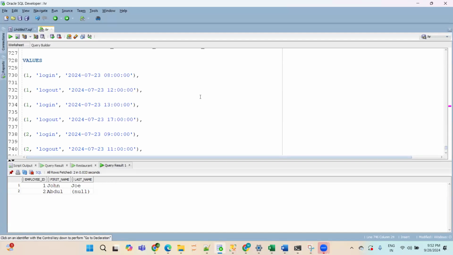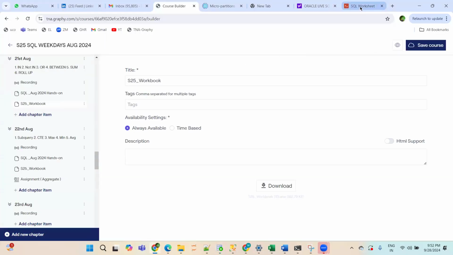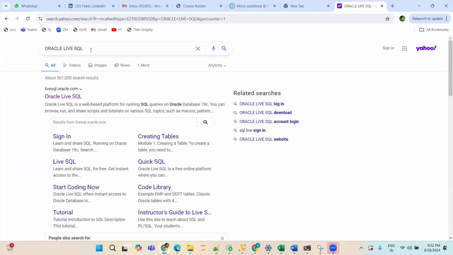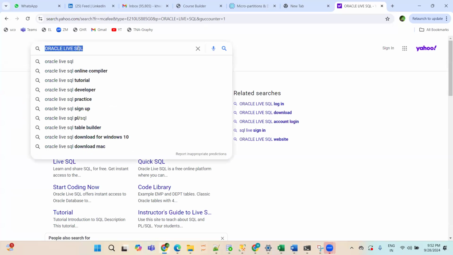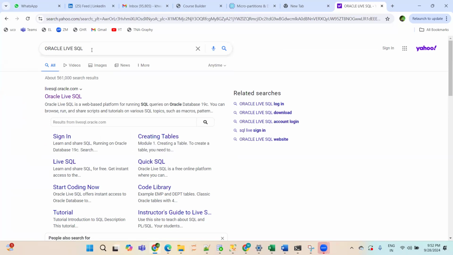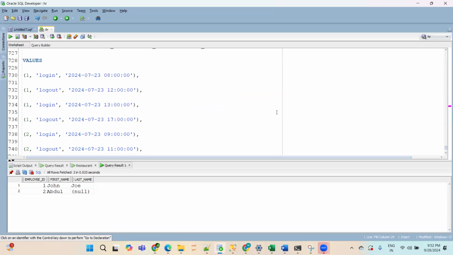Now, the question is then how to work on it. We have an open source Oracle version as well. Let me show you from scratch. You have to click Oracle Live SQL. Is this visible to everyone? Oracle Live SQL. This will work on your personal laptop and also on your official laptop. Maybe for those who have an official laptop, this Oracle SQL Developer installation will not work. That is why I'm saying, forget about it as of now.